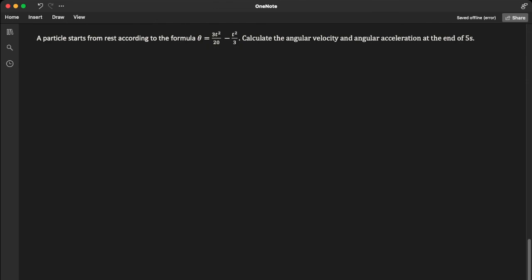Okay, we are here with our last question, fifth question of the rotational dynamics of class 12. A particle starts from rest according to the formula theta is equal to 3t square by 20 minus t square by 3. Calculate the angular velocity and angular acceleration at the end of 5 seconds. So this is a mathematical question. Here the angular displacement is given by theta is equal to 3t square by 20 minus t square by 3, and we need to calculate the angular